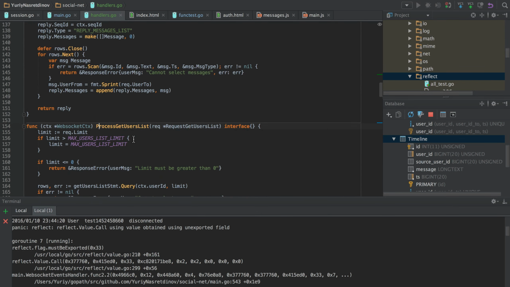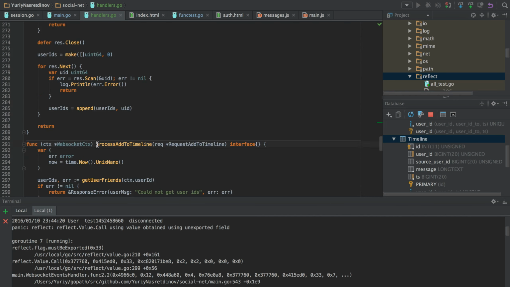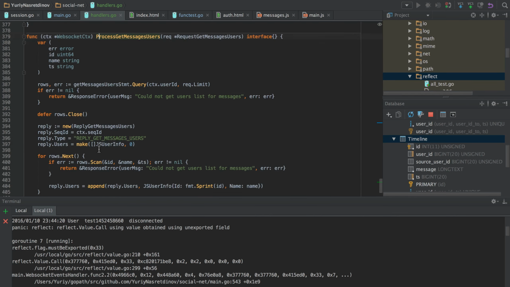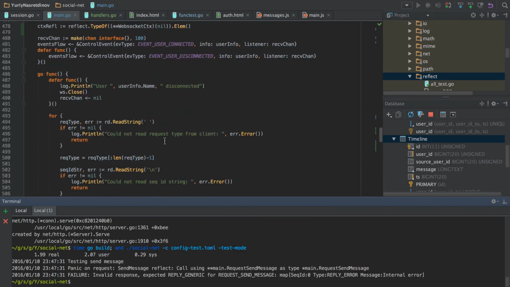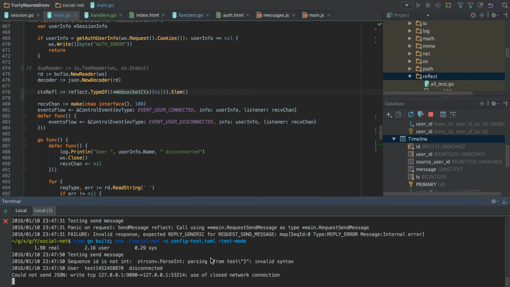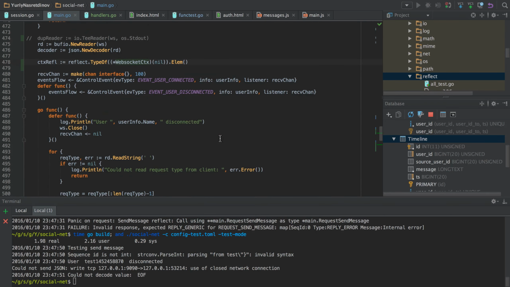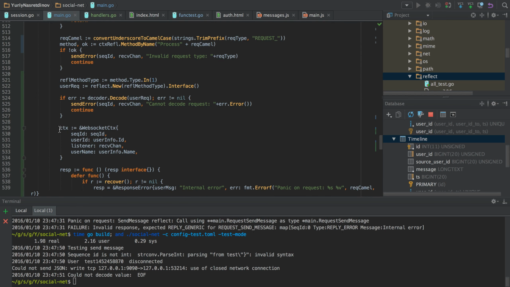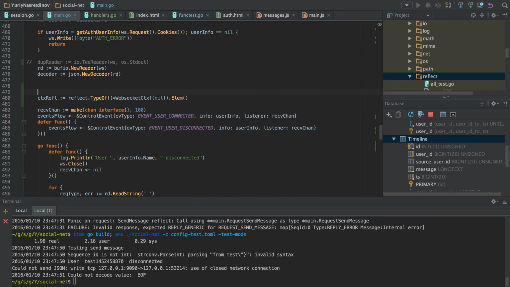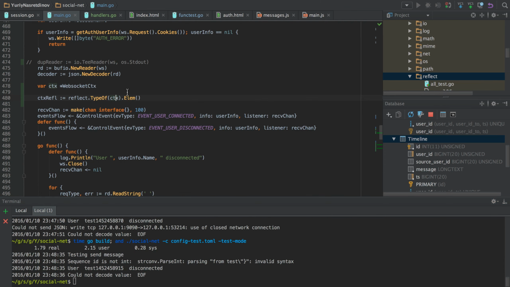It means that we need to make all the methods public, because reflection is considered to be from another package, so it can't access these methods.